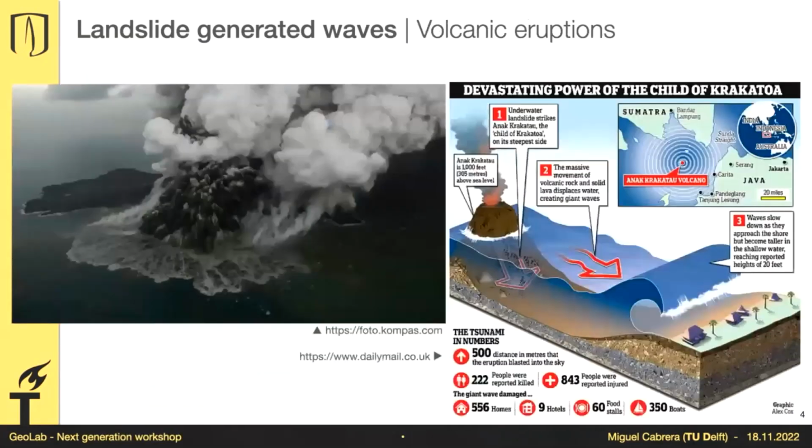And for example, it also involves other types of landslides. What I'm showing you here is the Anak Krakatau volcano eruption. And you will guess that's not at all the slope that we need to worry about in geotechnical engineering. But I will disagree with that. Volcanoes have different ways to erupt. And one of the ways is that one flank of the mountain will slide down. And that mechanism is exactly what we do in geotechnics.